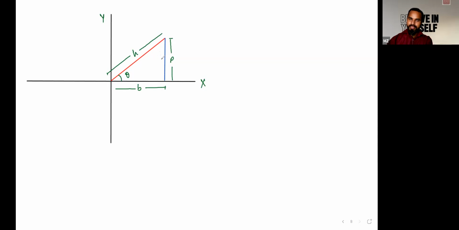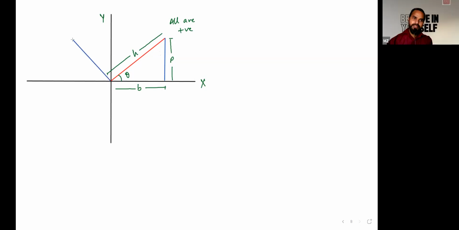So if a triangle is forming between 0 to 90 degrees, then all trigonometric ratios would be positive. So we can write all are positive in this first quadrant. Is it clear?